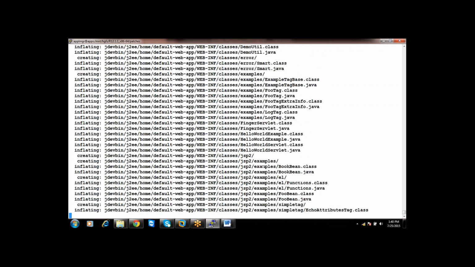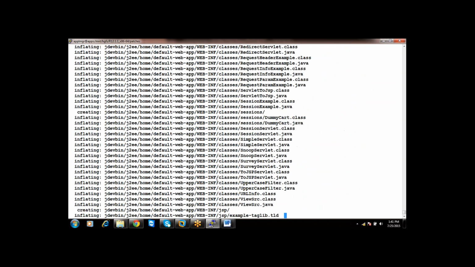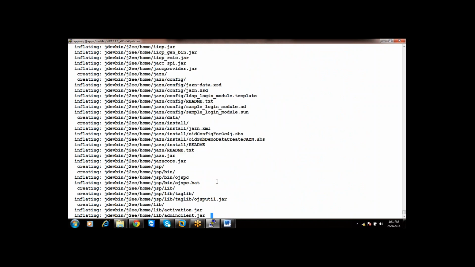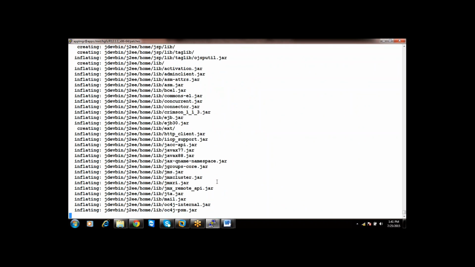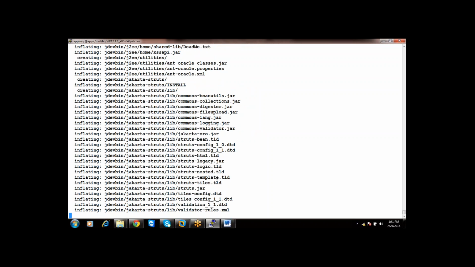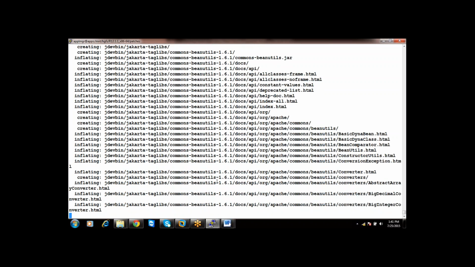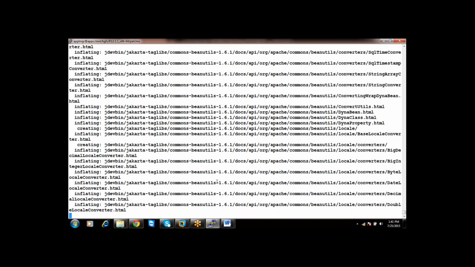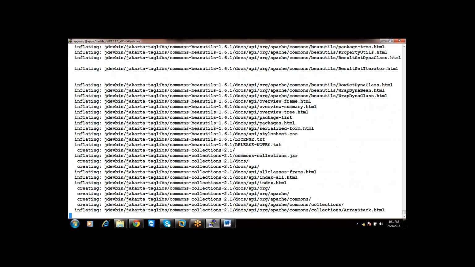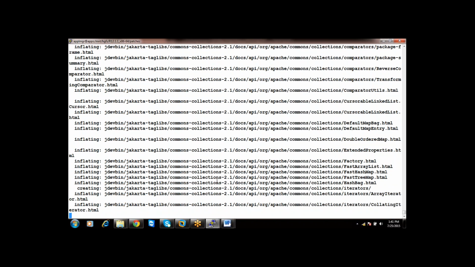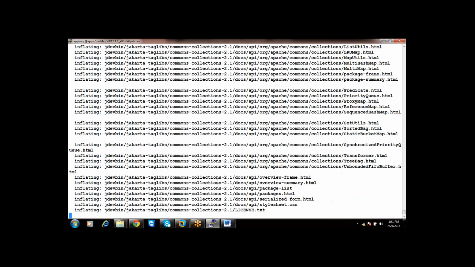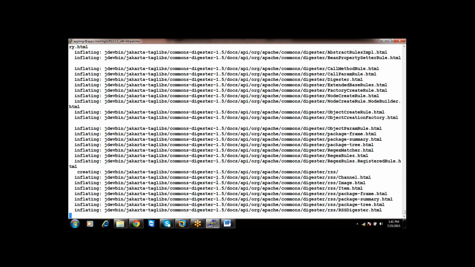Okay, so patching should be done through the APPL MGR only. Yes, if you're doing application patching, you have to do it using the application Unix user. This is a very big patch.